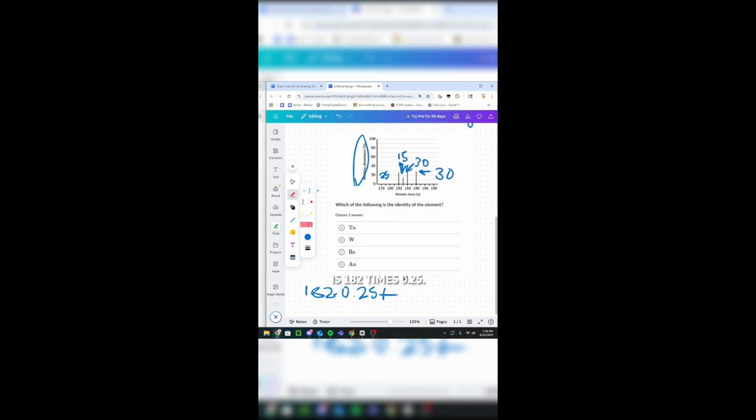So what we're going to do is the same thing. 182 times 0.25, because that's the proportion of this isotope. And then we have 183 times 0.15 plus 184 times 0.3 plus 186 times 0.3. Okay, and then we're going to calculate this, which is 183.75, but as you can see, that's not a